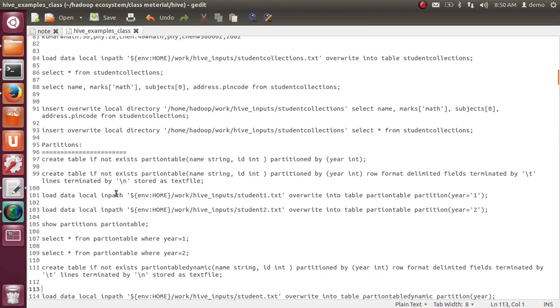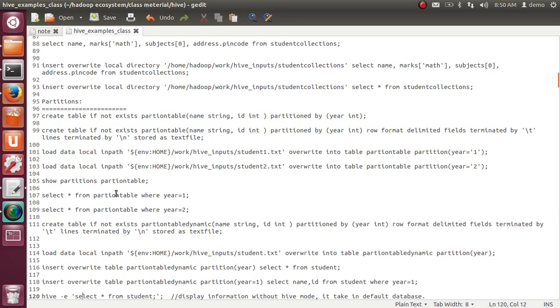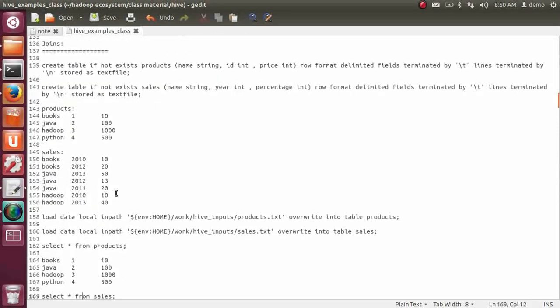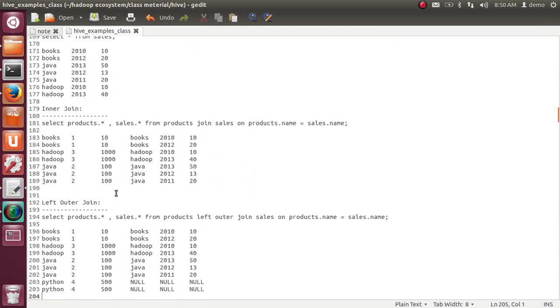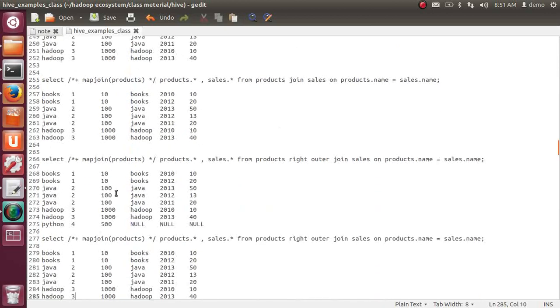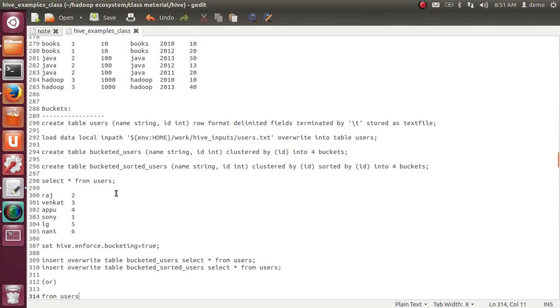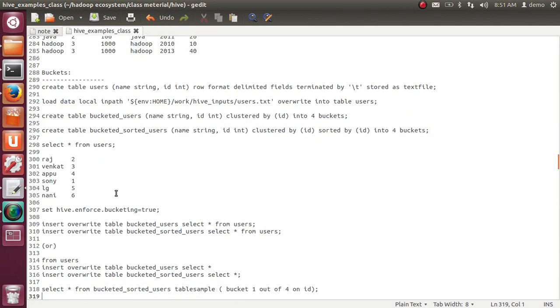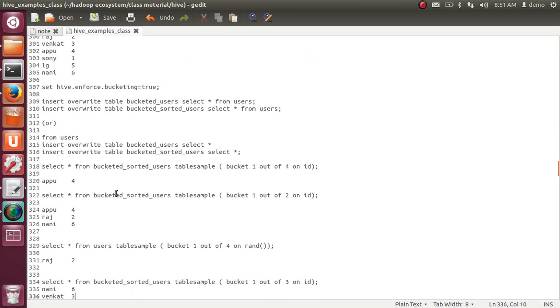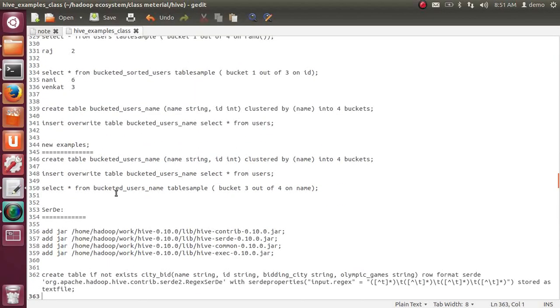And partition is too important. What are partitions? Why are we using them? What is the importance? I will explain in my future videos, later sections. And joins are also too important, especially inner join, outer join, left, full outer, semi join, map side join, reduce side join. And buckets are too important for sampling purposes. For example, a lot of member data is there. It's not possible to use all the data, so sample some data and analyze that.